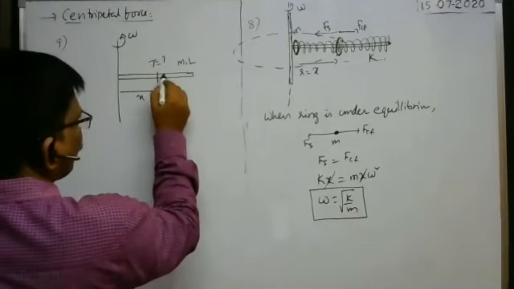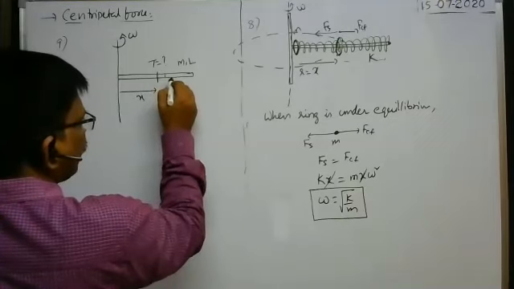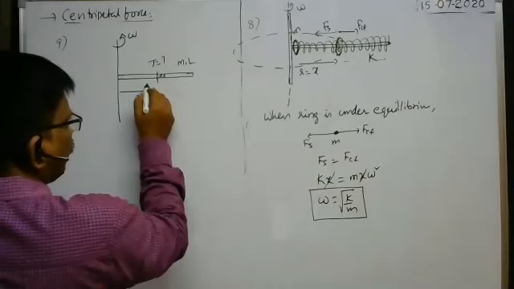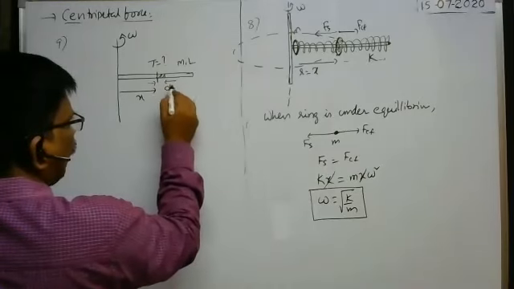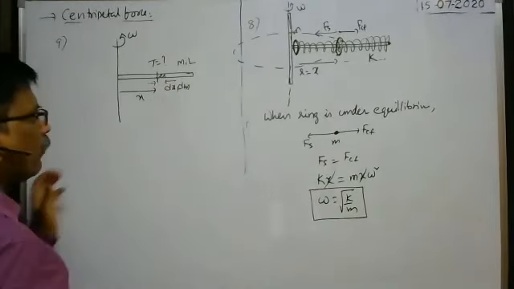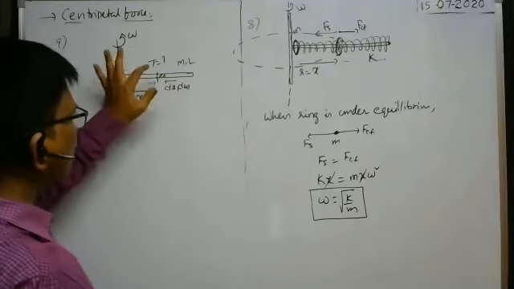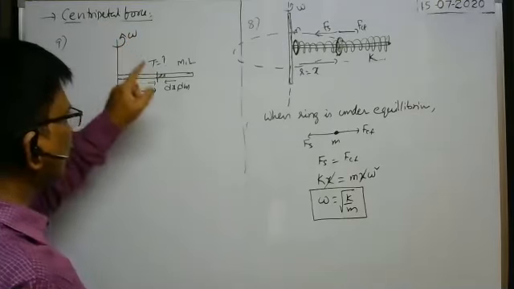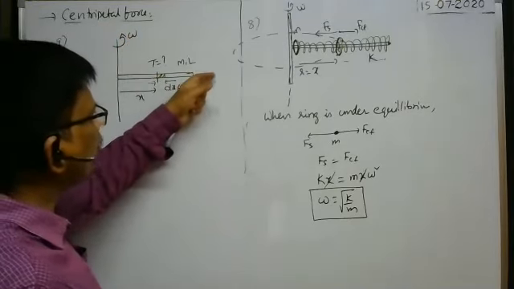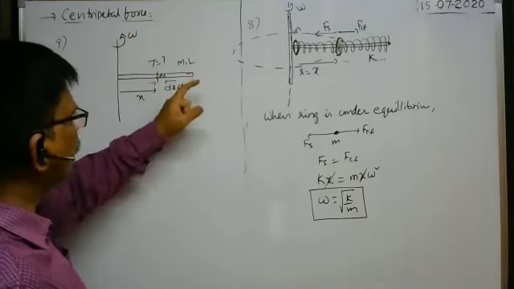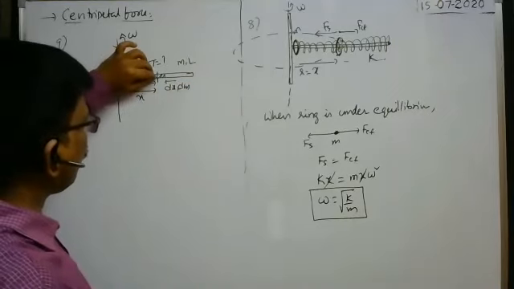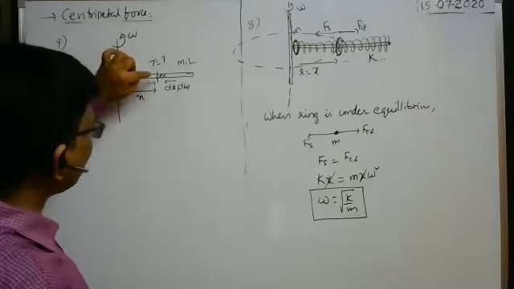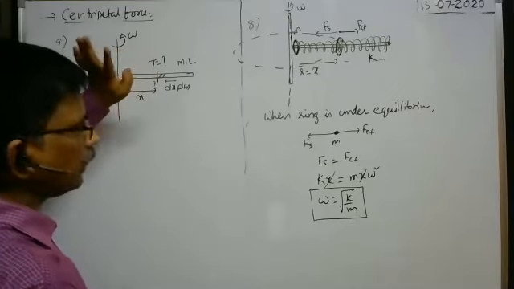Then beyond this point, this is one element, this is another element. In this way, a number of elements are there. This is one such element having length dx and mass dm. Whenever the rod is rotating like this, this element also makes rotations with the same angular velocity omega. That's why this element tries to move away because of centrifugal force. But at the same time, the remaining part of the rod pulls this element towards the axis of rotation. That is the tension in the rod at this point due to this element.